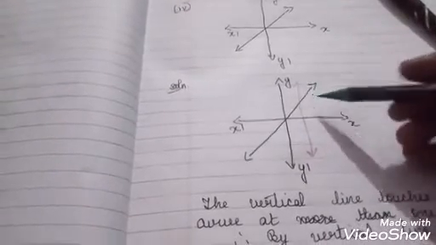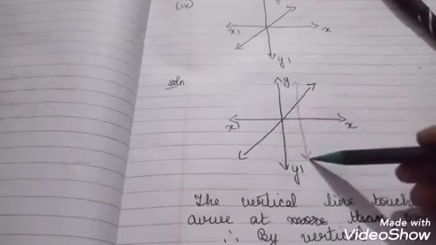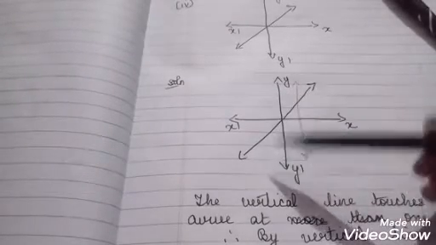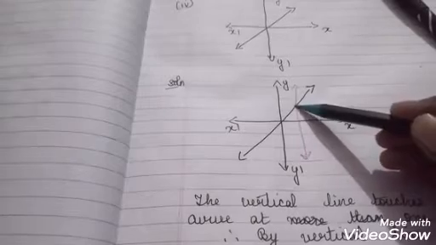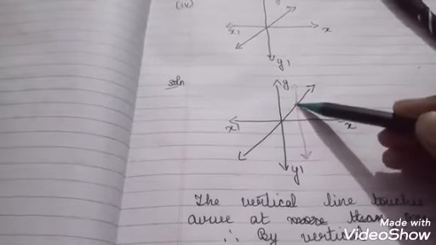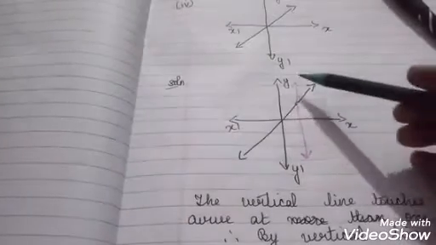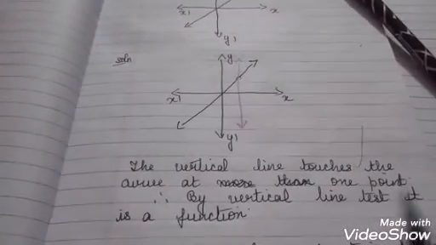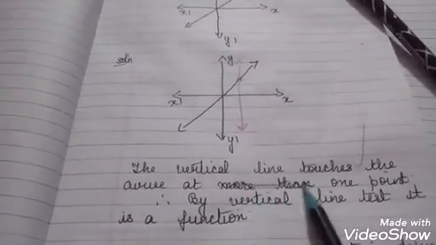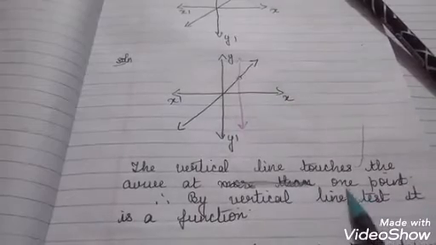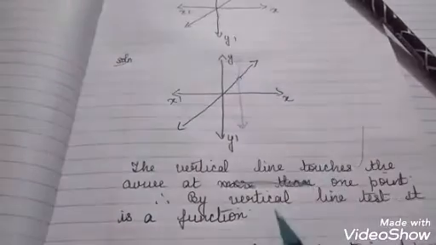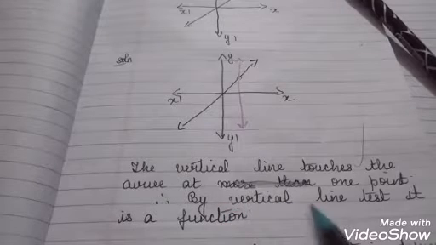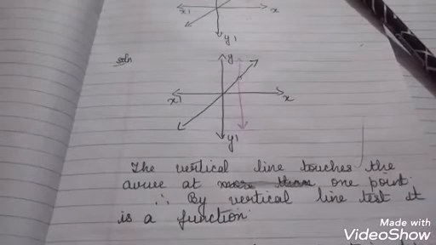Now here, as I told you earlier, just draw a vertical line like how I have drawn here. Either the vertical line this side or the vertical line this side. So at how many places does it meet actually here? It meets at one place. This is the point where it meets. And therefore, what do I say here? The vertical line touches the curve at 1 point. Okay, so here the vertical line touches the curve only at 1 point. And therefore, by what test can I say that the given graph is a function? By vertical line test, we say that it is a function.